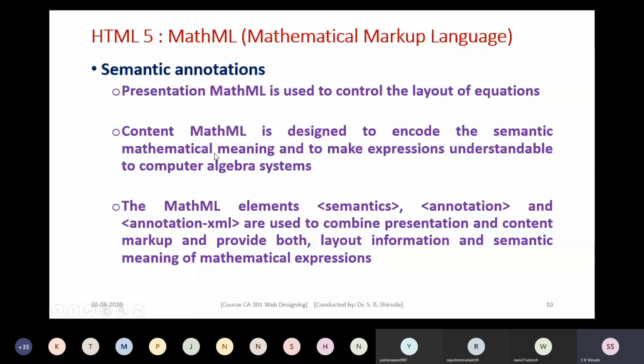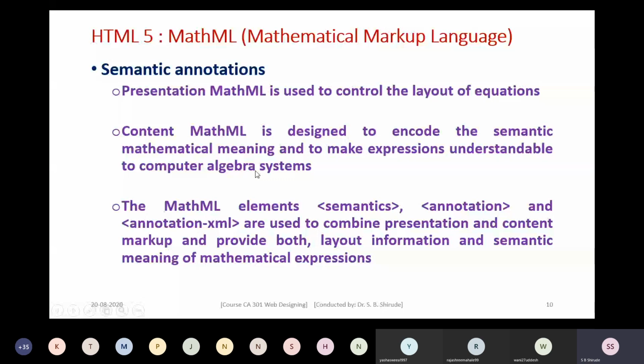For example, if those web pages are processed by a computer algebra system, and that system wishes to understand the meaning of this content, then by using the semantic elements inserted in the content MathML, the computer algebra systems can understand it.